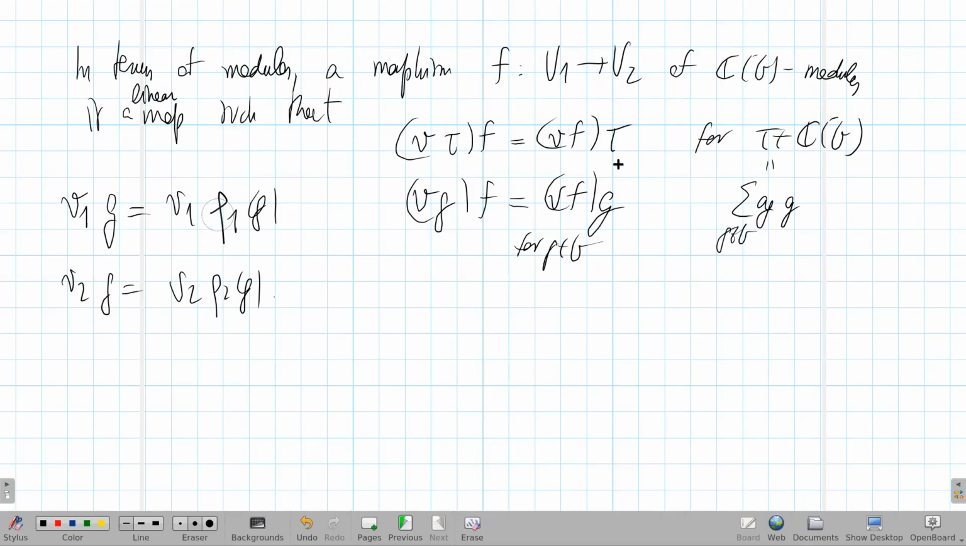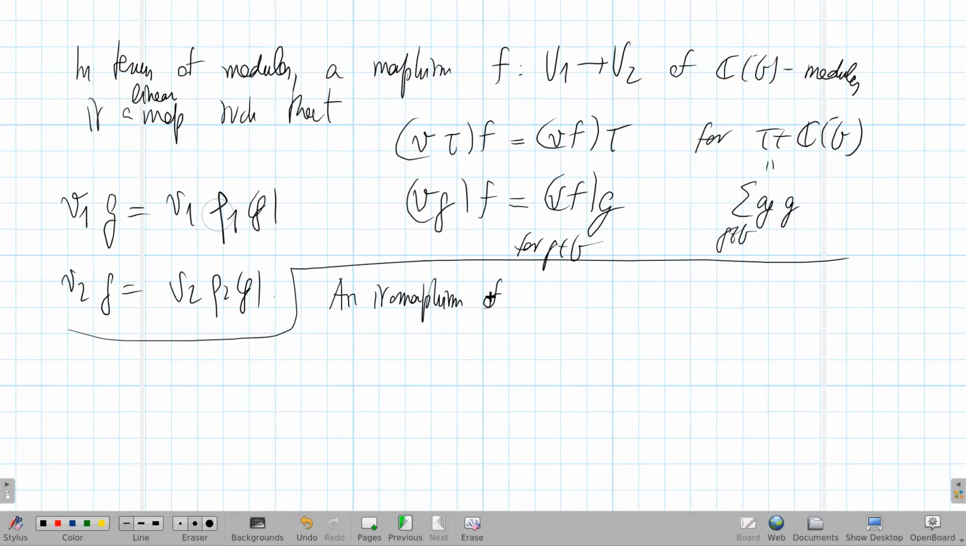In this case, it looks much more like a linear map, except linear map means linear over the complex numbers, and here you also have the group elements switching from the left to the right of F. Okay, so this is a morphism. Of course, you can also have an isomorphism. But let's come back to the concept of isomorphism of representations. So an isomorphism of representations is a morphism of representations